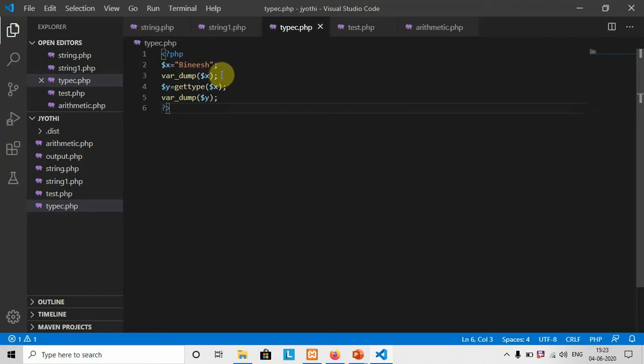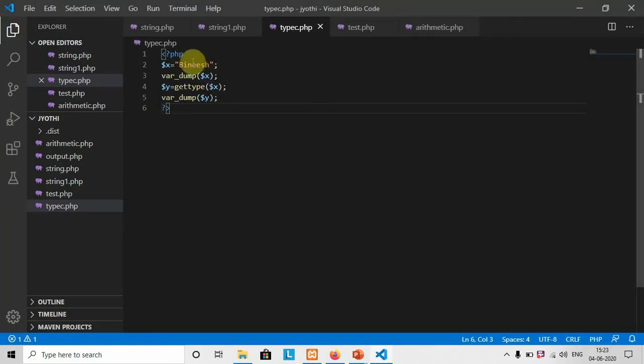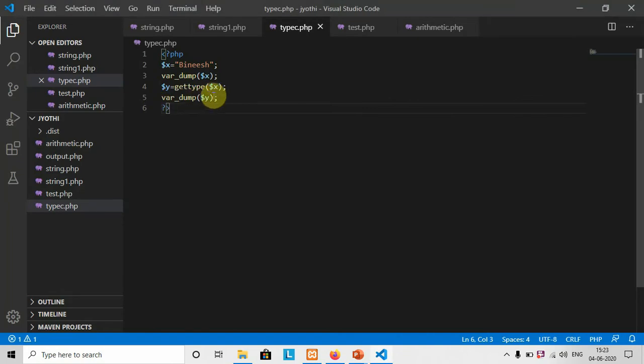Of course it will display a string, and then by using the function gettype, I'm trying to extract the type of that variable x. Of course, the type is a string, and that should be displayed. So let us see what is going to happen. You can see that originally it is a string. var_dump of $x will return string, the size of the string is 7, and its value is Vinesh. Now we are going to display the particular variable. Otherwise, you can simply use echo, no problem, it will work.